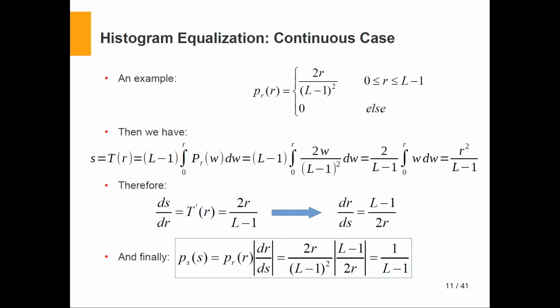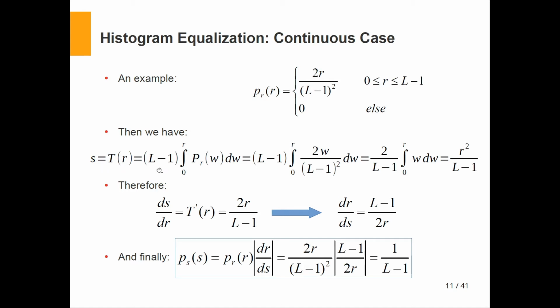So let's just do a quick example of how this can work using a different function. So for this example, let's just assume PR of R to be 2R over L minus 1 squared for the range of R being from 0 to L minus 1 and 0 everywhere else. Again, we can create the transformation function